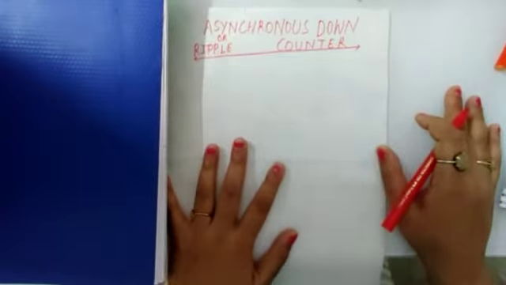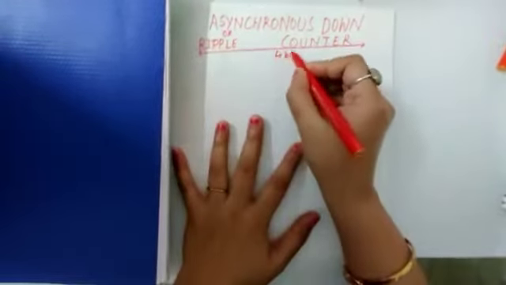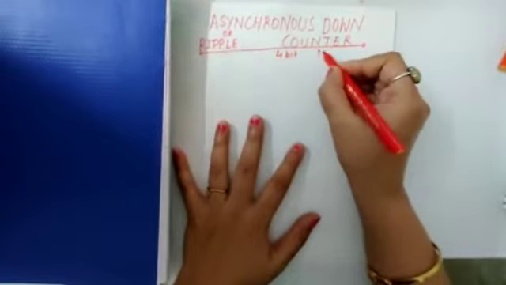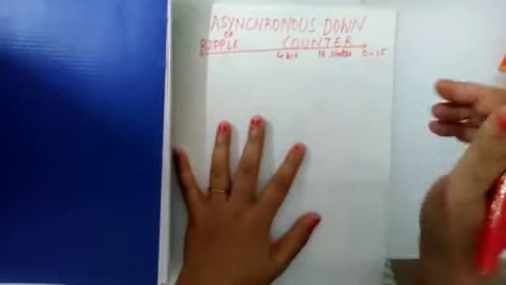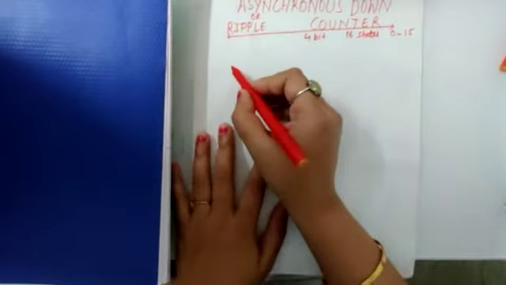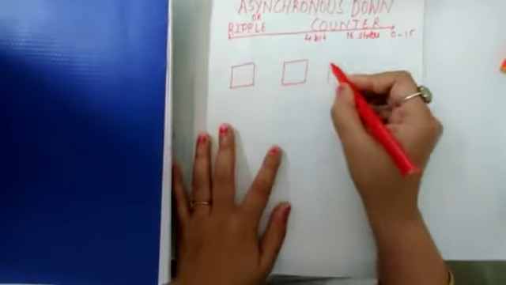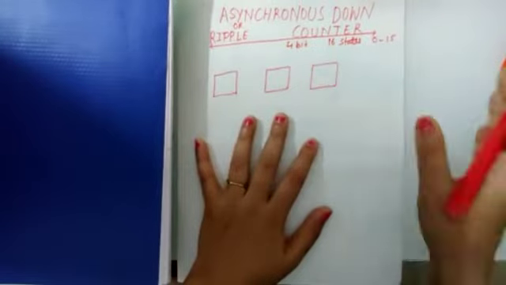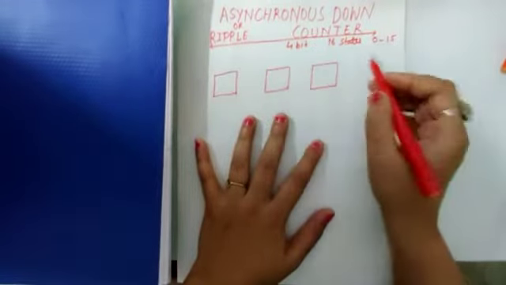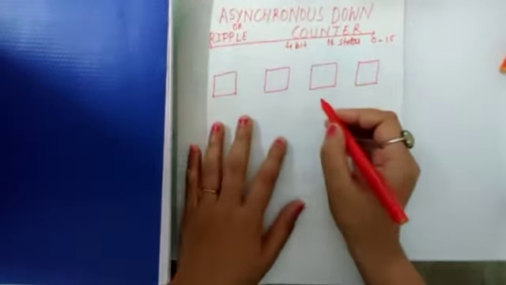So good evening all. In this video we will see the working and the designing of the asynchronous down counter. Again we are taking the 4-bit counter, so it will count 16 pulses, or it will have 16 states from 0 to 15. So again we will take the 4 flip-flops that we have already taken. There was only a slight change in the working that we have already seen, only a very small change in this counter for the down counter.